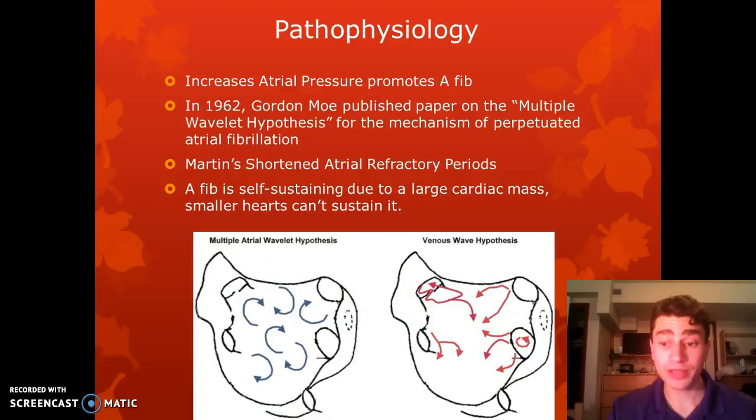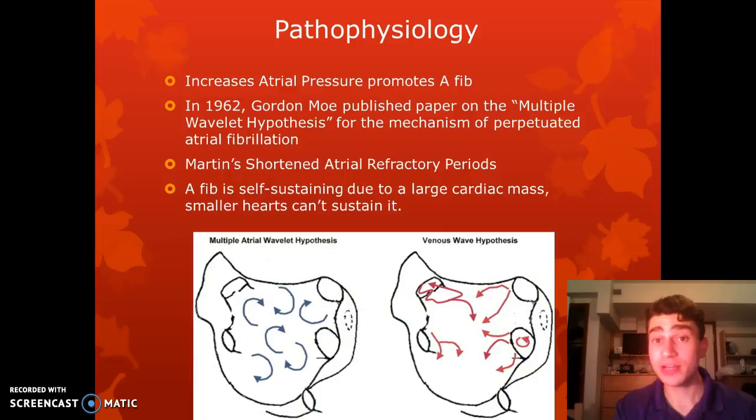He also talks about different ion deficiencies, and he talks about this circus movement, which, again, looks just like these waves, just kind of circling around, branching off of each other, just going in seemingly random directions because of possible ion depletions. He also talks about the atrial refractory periods, in that he believes that the atria are in